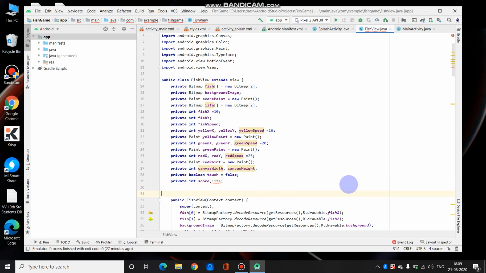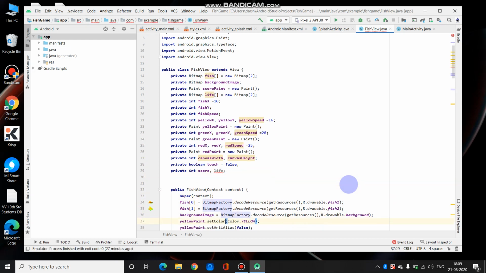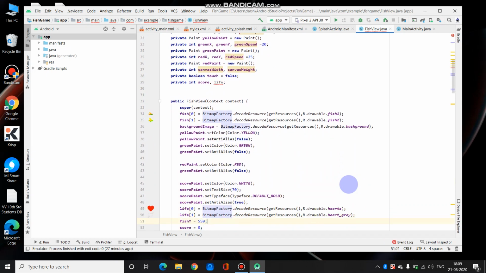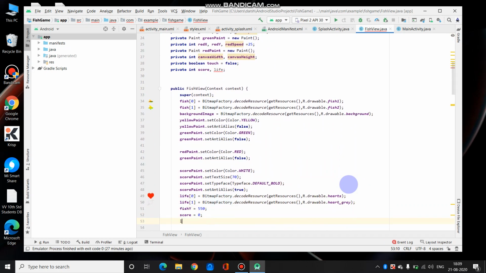Let's name it life of fish. It's up to you completely. Let's keep it as life only, that will be too long. Score is equal to 0. Obviously life we need to set to 3 because we are going to decrement the life.